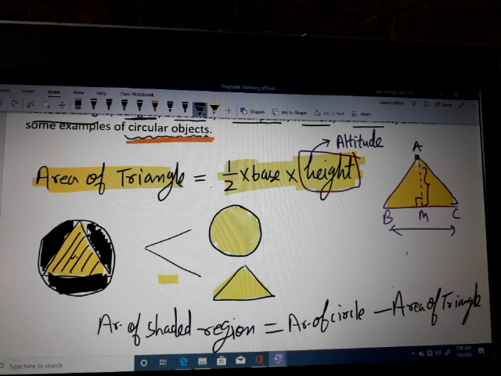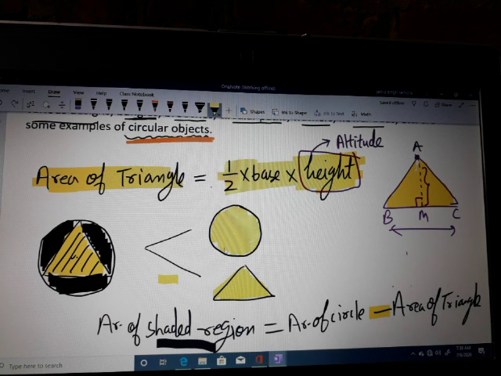So you will easily find it. You have to subtract the triangle from the area of the circle. So you will get these regions. This is the black shaded region. This is the basic definition. That's why I will use the concept of subtraction to solve different problems on different regions of circles.